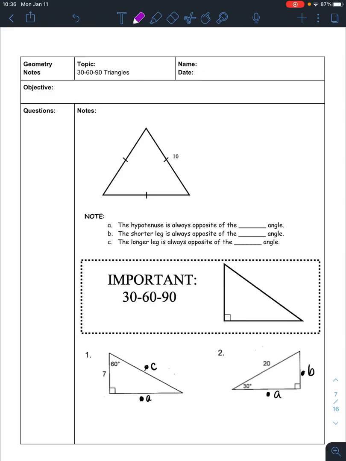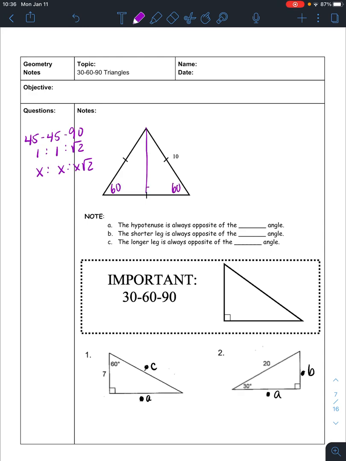Another type of special situation that we have with right triangles is 30, 60, 90 triangles. We talked about 45, 45, 90 triangles, and we know that the ratios that we use for 45, 45, 90 triangles are 1 to 1 to root 2, or what we label our sides with is x, x, and x root 2. If we do a quick look at this equilateral triangle, we know that all of these angles